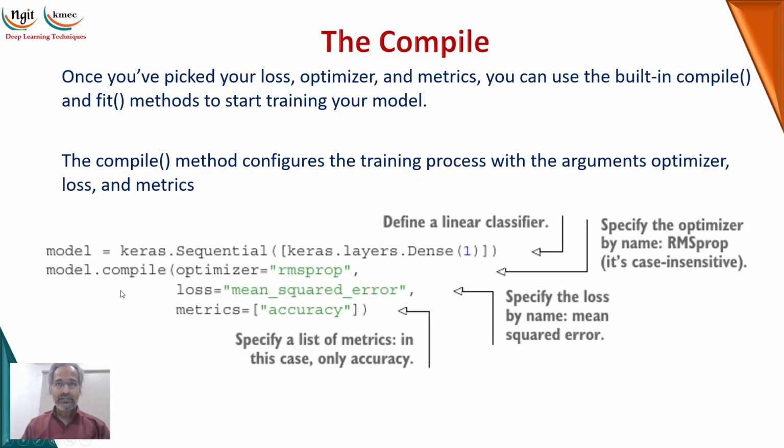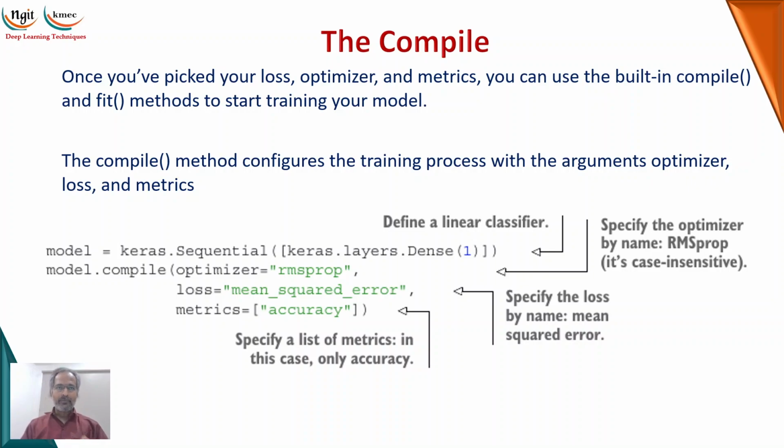So this is a simple example for that. Here model equals keras.Sequential, and we are giving keras.layers.Dense of 1. With only one unit we are creating the layer, and with that we are creating the sequential model. Now I want to compile that. Once you have the model.compile, we have to mention the optimizer. What are the list of optimizers, we will see in the coming slides. RMSprop is one of the optimizers.